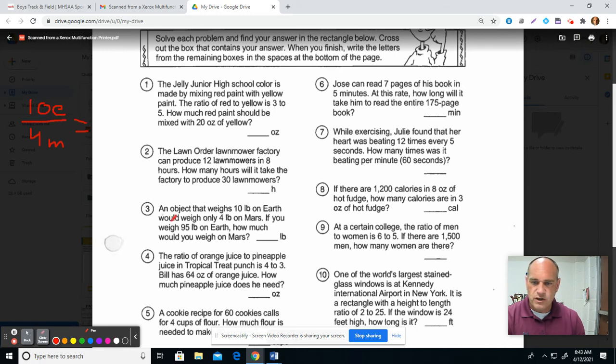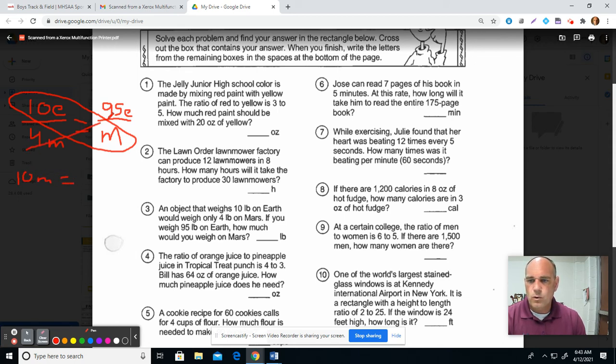That's my first ratio. If you weigh 95 pounds on Earth, well, Earth is the top stuff, so that's where I'm going to put my 95. All right. And I want to find out how much I'd weigh on Mars. Put M for Mars. So this is my proportion. I have two ratios that are set equal to each other. That's what proportion is all about. Cross multiply. 10 times M is 10M